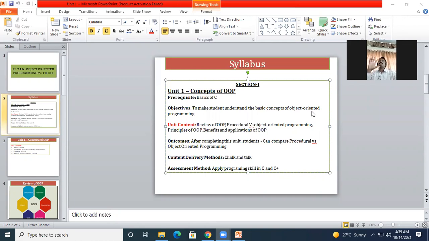See, there are some features, and based on those features you should call a language object oriented, procedural, or some middle level or interpreter level language. Okay, so there are some features that are possessed by each programming language. If you are able to know them, I will take one example here: inheritance is a feature of an object oriented programming language.